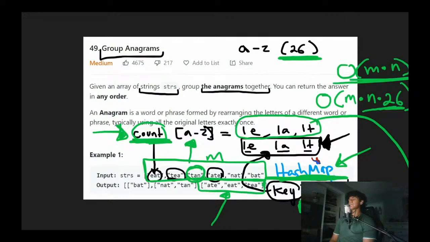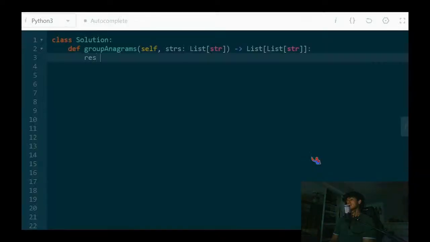As you can see, though, this is basically one of those problems that can be solved with a hash map very efficiently. So let's create our hash map. We'll call it result. And so remember what we're doing is we're